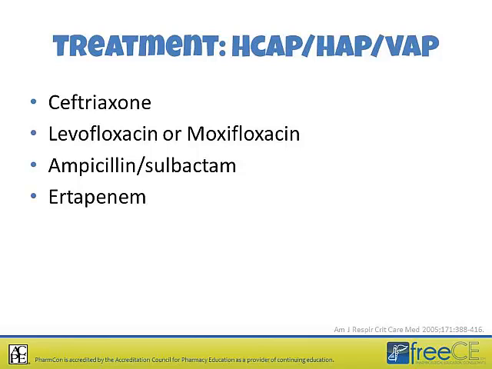I feel like for the majority of our patients, our resistance patterns are such that we would really need to go a bit more broad than this. But if your susceptibility patterns for your enteric gram-negative bacilli, so E. coli, Kleb pneumo, Enterobacter species, Proteus, Serratia, those types of things, are pretty good to these agents, these are certainly fine agents to use empirically. So you can use any of these agents: ceftriaxone, levofloxacin or moxifloxacin, ampicillin sulbactam, so Unasyn, or